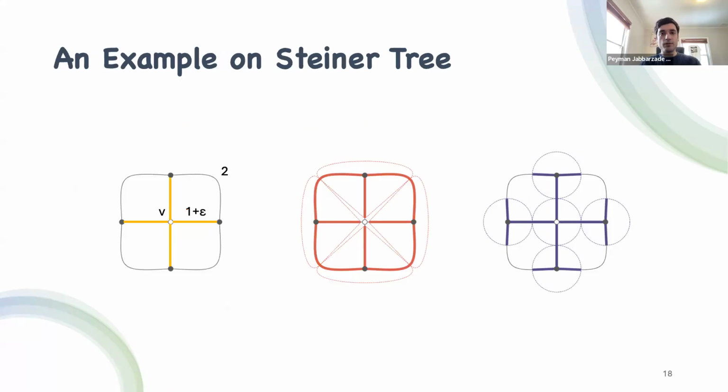And let me show it on an example here. So here we have this Steiner tree instance. We have four terminals and one vertex that is not a terminal. And we need to connect these terminals together, and you can see the optimal solution connects them to this center vertex. But here, if we run the legacy mode growing algorithm, because this center vertex doesn't need to connect to any other vertices, its component won't grow. It's not an active set. And we will select edges on the outer part of this instance, the edges around this. And we can see that our solution costs almost two times the optimal solution.